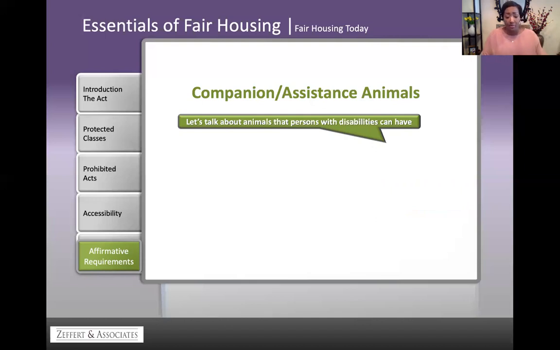I'm going to give you a percentage, and it's a very important percentage as we start talking about companion assistance animals. The percentage is 60%. That's a huge number. When you think of 100%, 60% is over half of 100%, right? 60% of all fair housing complaints relate to the denial of reasonable accommodation, and complaints regarding the denial of an assistance animal are one of the most common types of fair housing complaints.